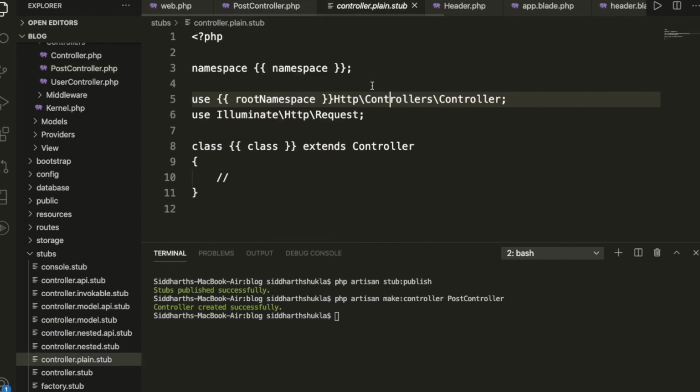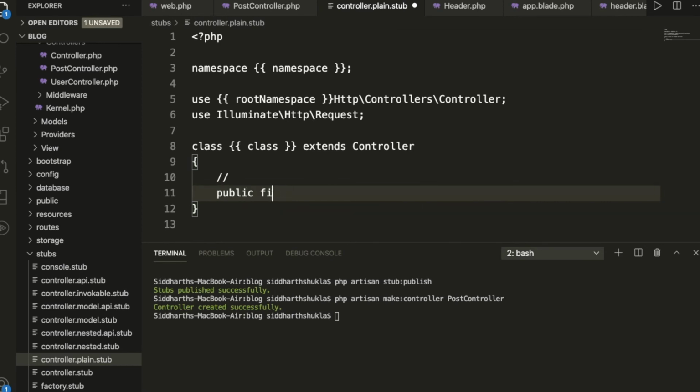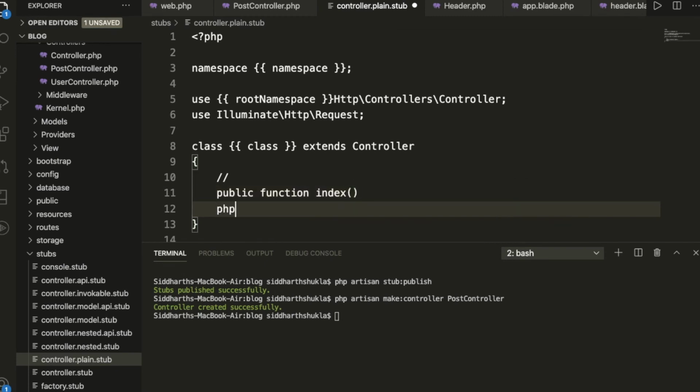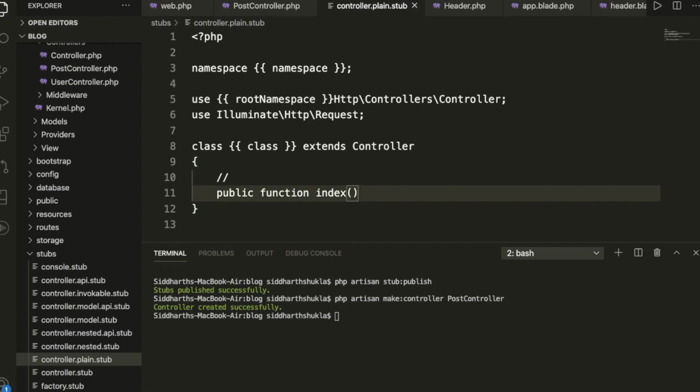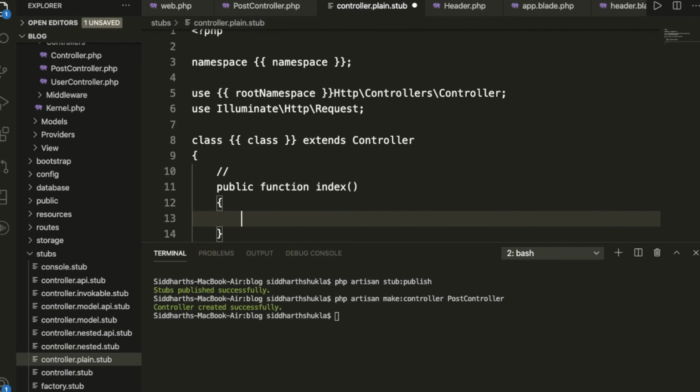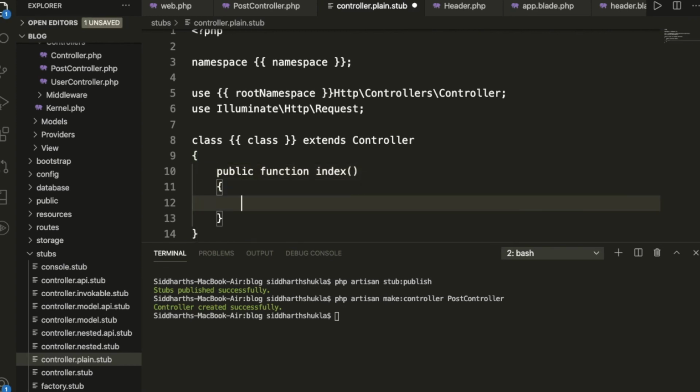Suppose inside the stub you want any particular function, then I am going to write it here: public function index. Let me open this stub. Public function stub.